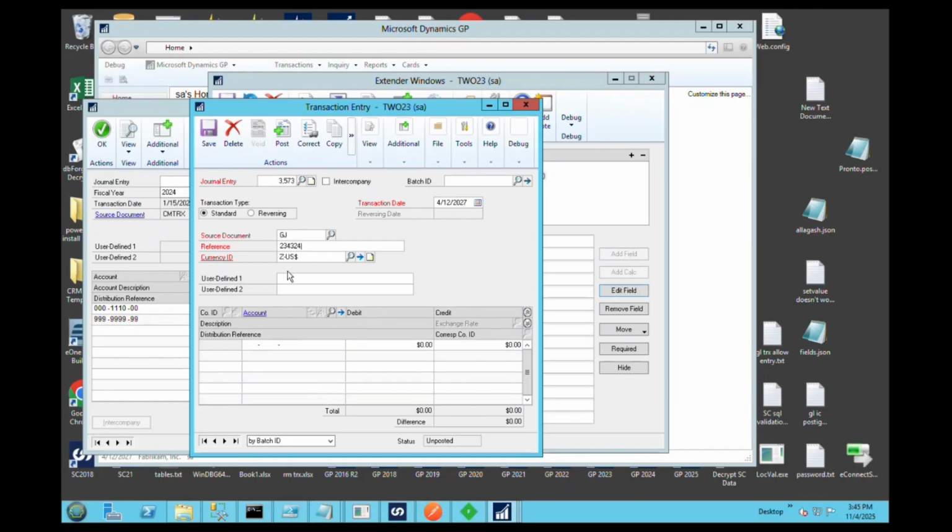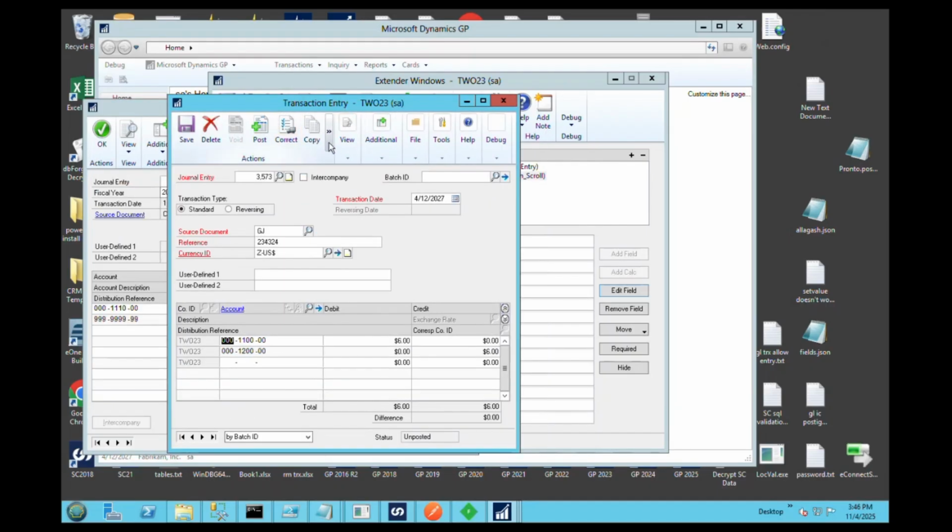I will type in a reference and we'll put in an account. Now this is my GP 2023 because I wanted to show the issue, and then we'll see what we can do about it in the 18.8 release. So we notice we added two lines, and since I put it on the line detail with the sequence number, or the sequence line actually,